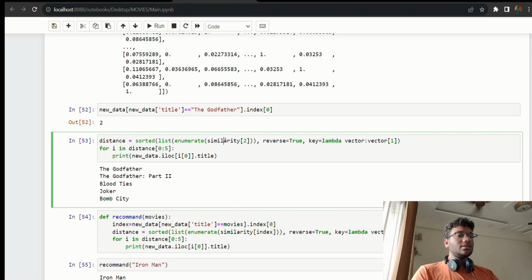What sorted list enumeration does is convert all that list of data into tuples, and then sorted list works as a loop. So here, if you see for i in distance 0 colon 5, we will be creating a loop of tuples. Every 5 tuples will be gone through again and again, to find out what similar data sets are present, and then with print new data title, we'll be displaying the titles that are similar to